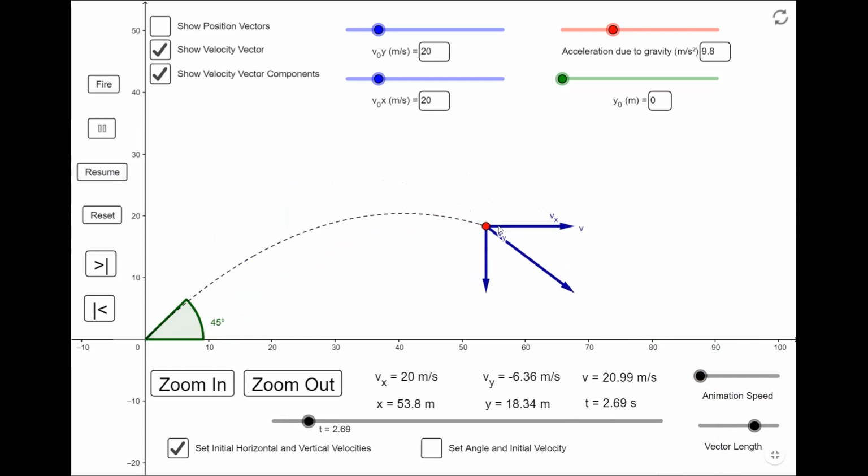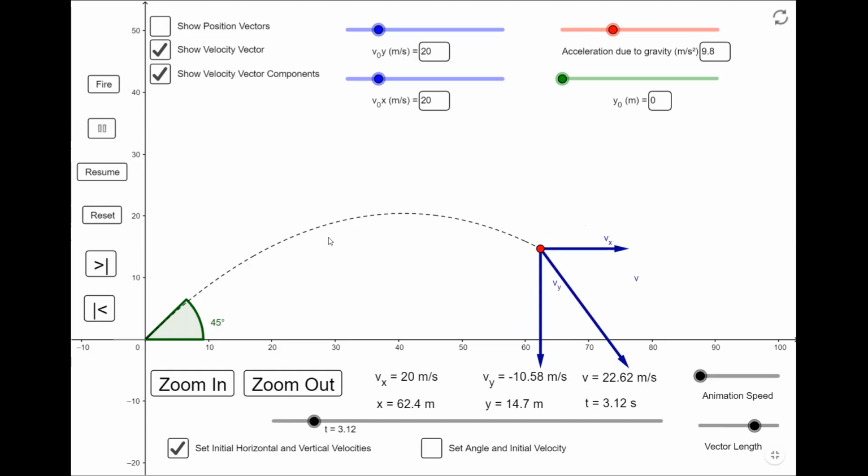So in projectile motion, it is very obvious that you can be asked different kinds of questions, such as how the y component of velocity is changing and how the x component is changing. This animation will help you understand the entire concept neatly. So let's go back to the derivation part.